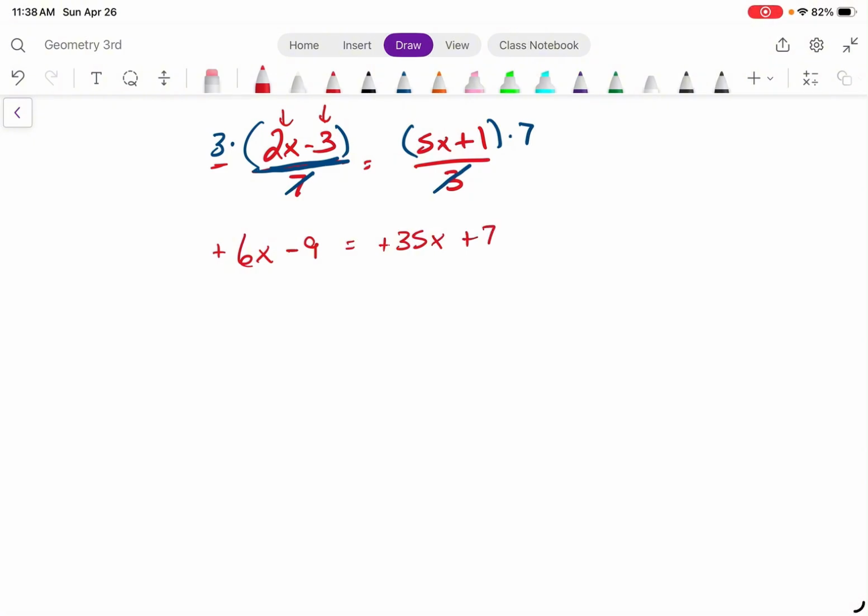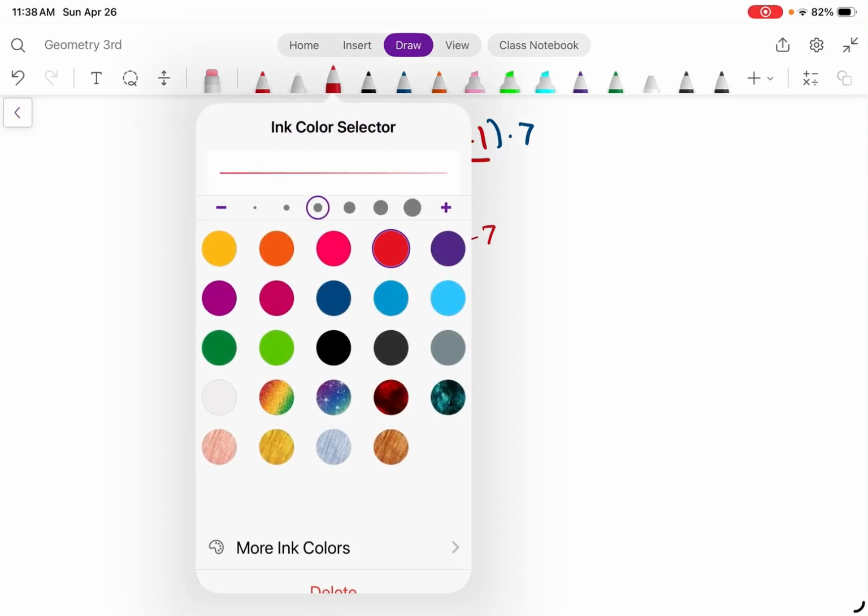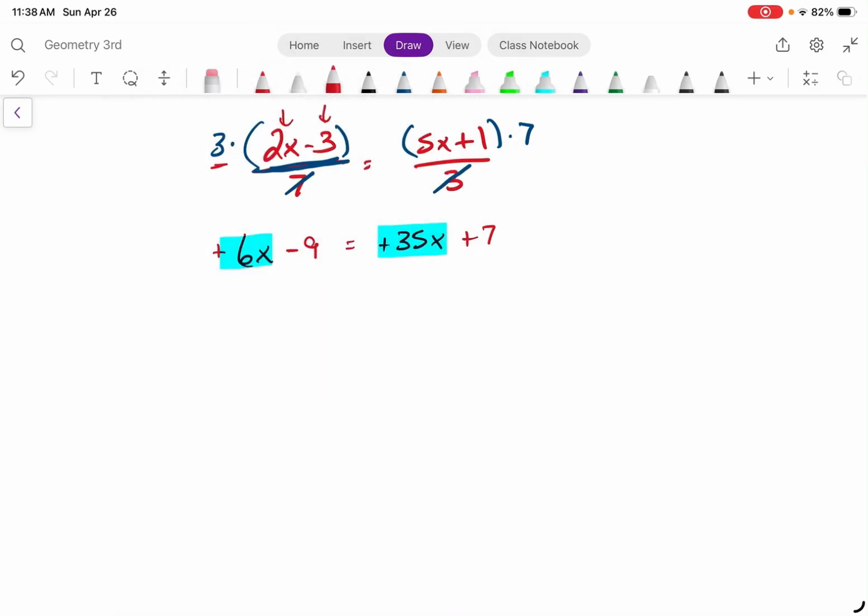Now look at your like terms. We have 6x's here and 35x's here. And just to show you from the previous example, it doesn't matter which side you put it in. I'm going to move my plus 6x over here by doing minus 6x. You can put them on the right side if you want to. And now all my blue terms are on the right side. The positive 7, since it's like terms with that 9 on the other side, I'm going to move it over there by doing minus 7. And now you've got all those